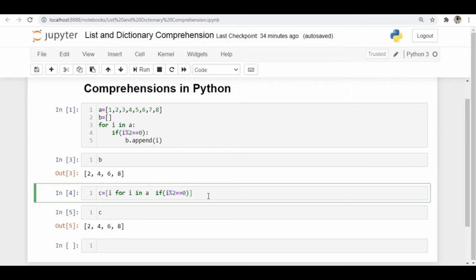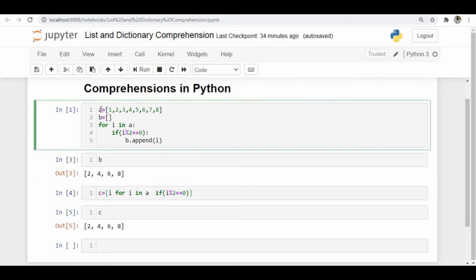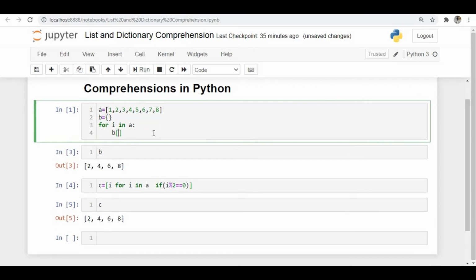And similarly, we can use dictionary comprehensions even. Let's take the same example which we used in the previous case. A is equal to this list, right? And here, instead of this new list, I'm assuming B is equal to an empty dictionary, and here I'm iterating for I in A, and here B of I equal to